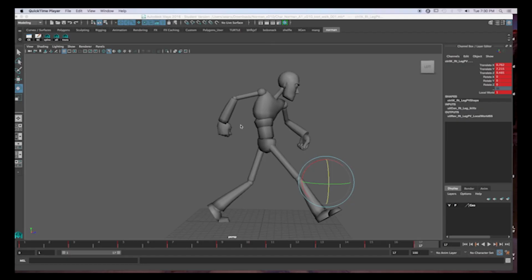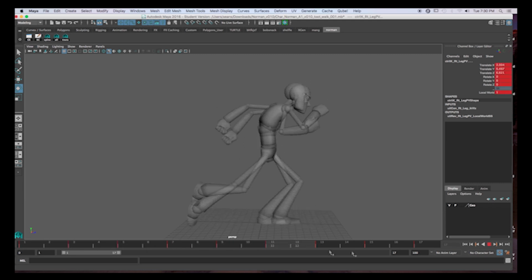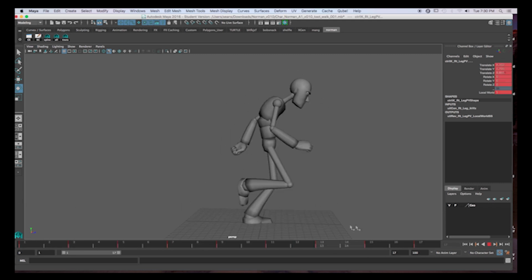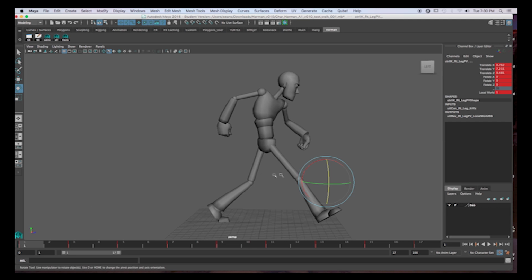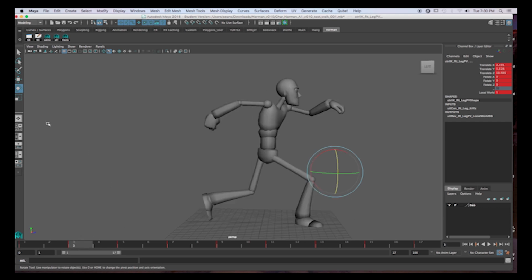So now we have a walk cycle. It's all done. I mean, it does what it's supposed to do. It functions. Everything's overlapping and all that. So now you can actually go in and customize it some. That's what's cool about using the graph. You can use the graph to do things where you can,